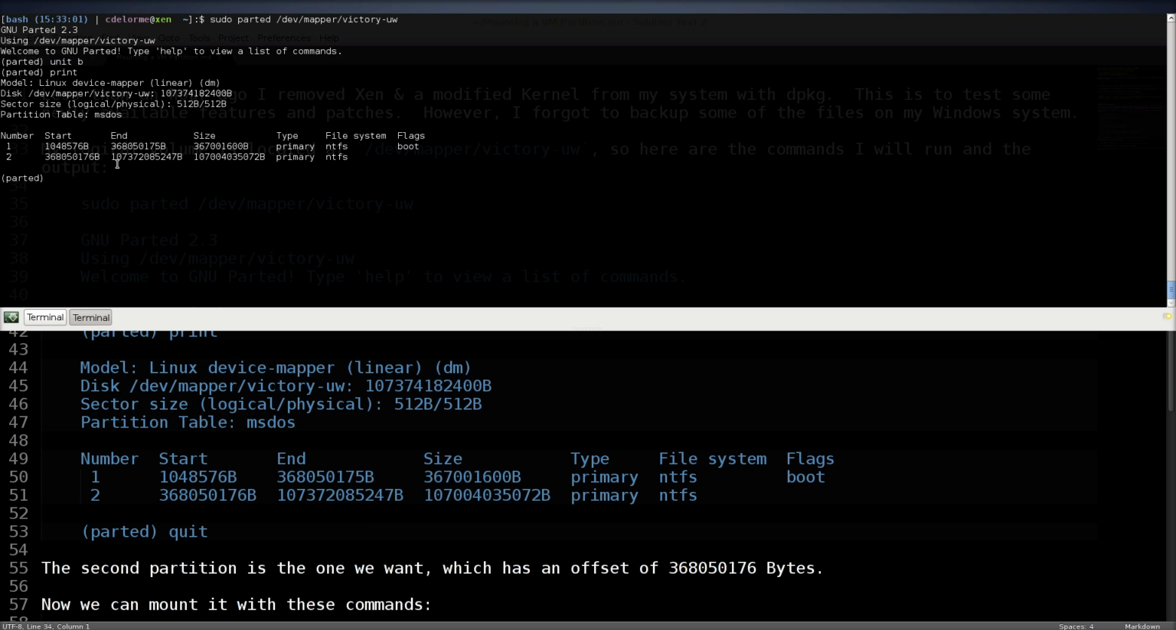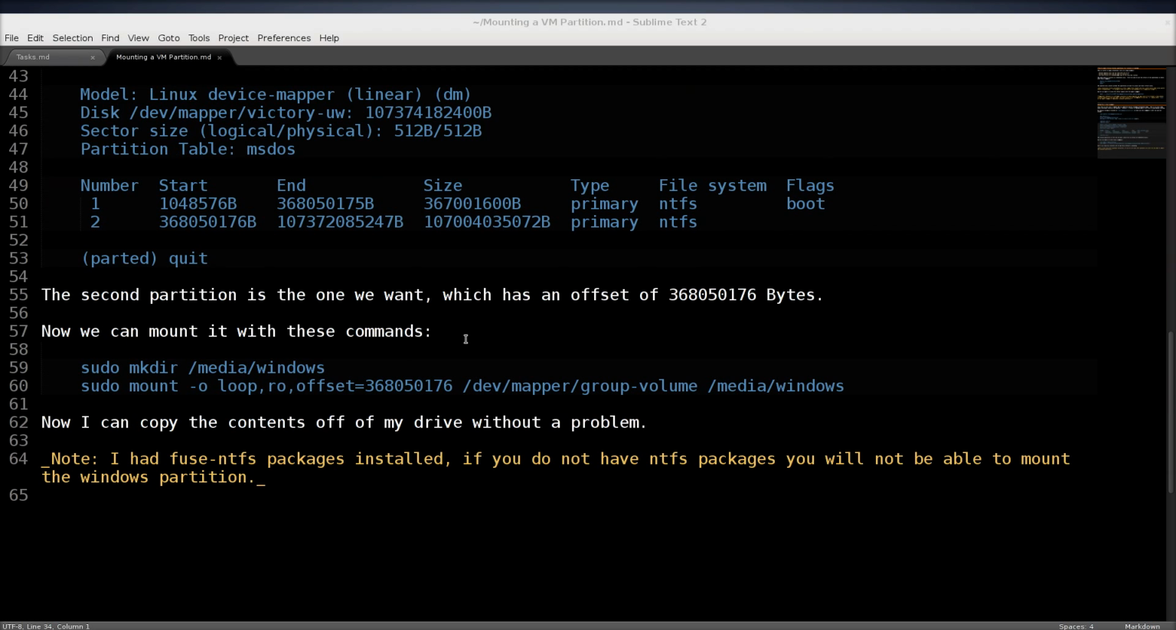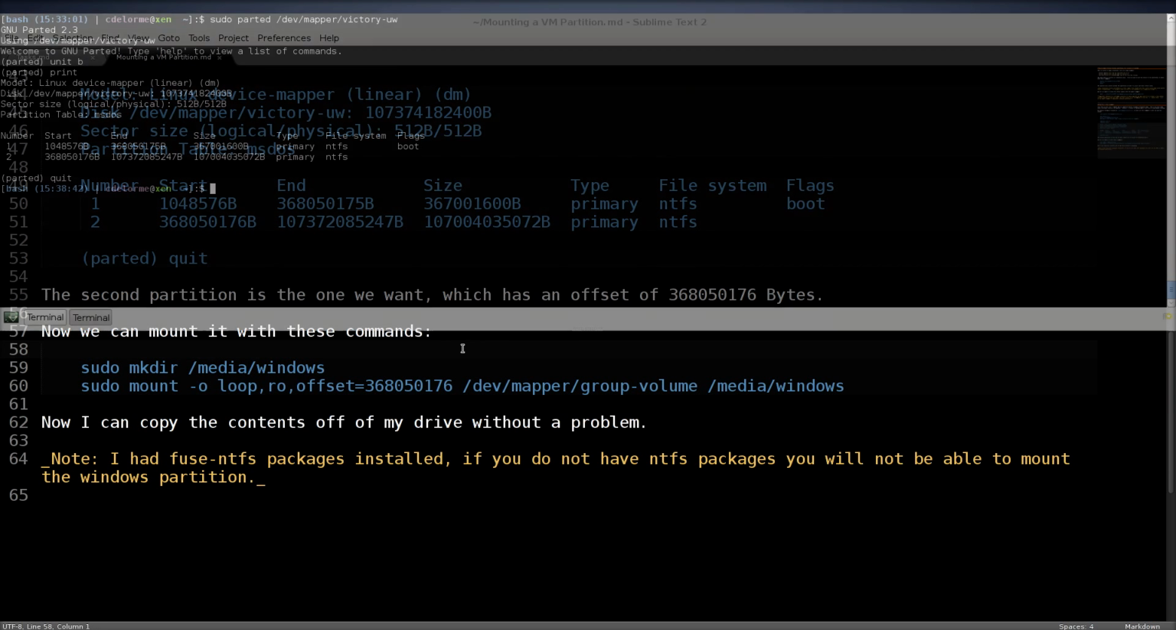What we're looking at right here is 2 partitions. The important partition is this one right here. It's the larger one, not the boot partition. Windows creates a small boot partition, so we just want to get the offset there. We're going to exit this, and after that, what we want to do is create a directory to mount it to,